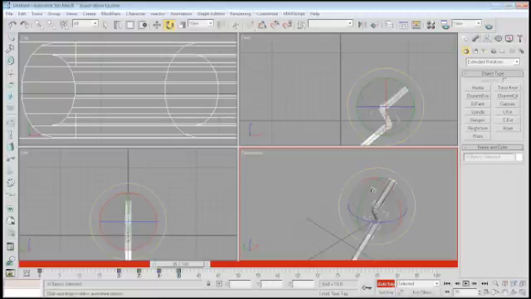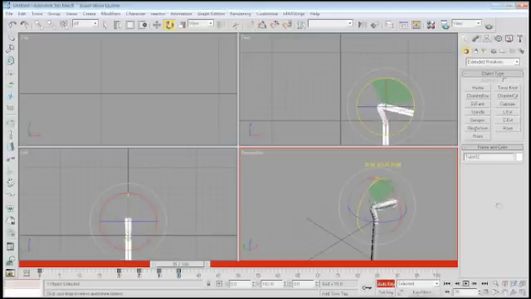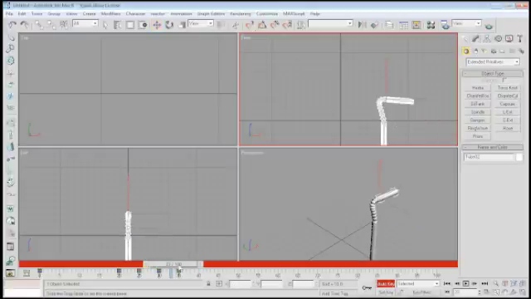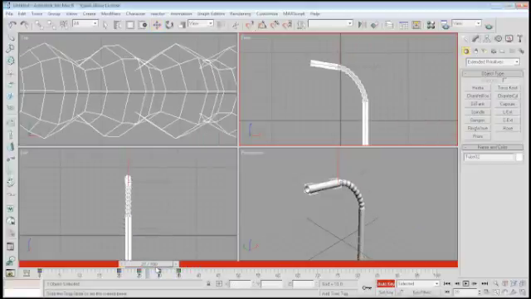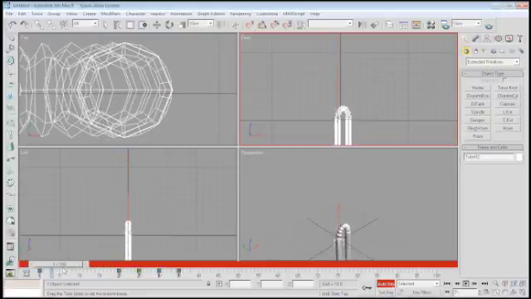Oops, I didn't want to do that. Undo. I just wanted to rotate the top part. And move it a little bit. You just gotta tweak it to what you want. I set that up before. Okay. Now, what we did was